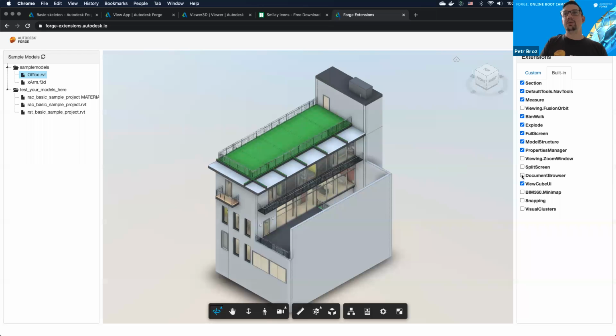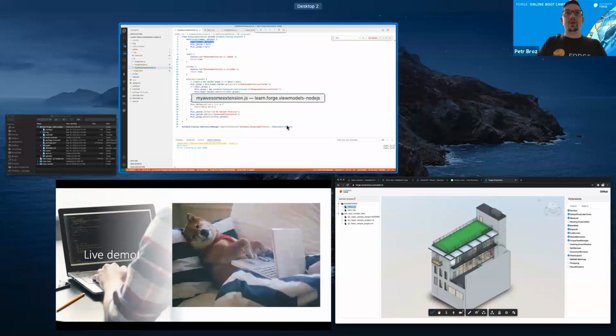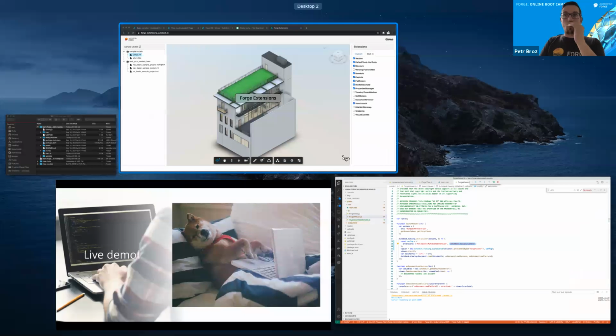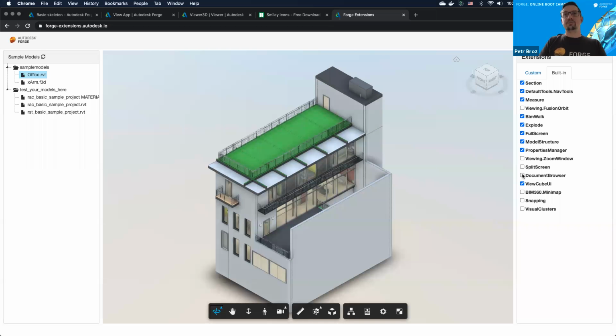These you can enable. You can either include them in your config here, so you can add them as you're creating a new instance of your GUI viewer 3D class, or you can load them on demand by viewer.loadExtension when needed. Document browser, by the way, is a cool one, where, if you remember, I was saying that whenever you have an input design like a Revit model or Inventor or SolidWorks or 3ds Max design, when you run it through Forge, through the model derivative service,